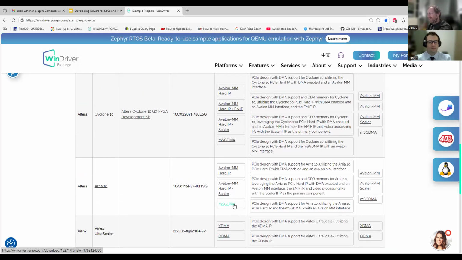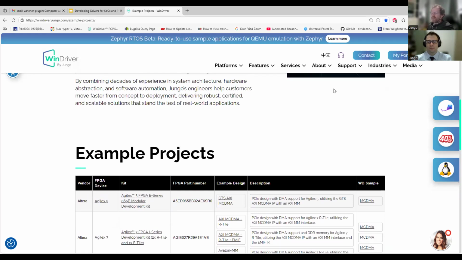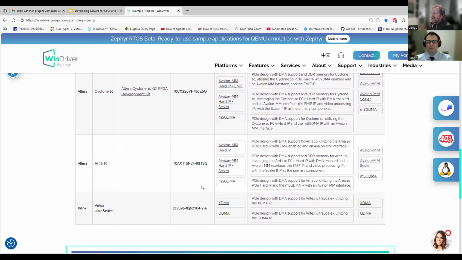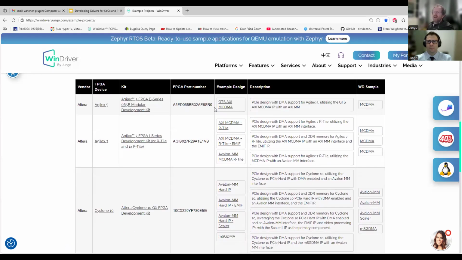And what's nice about these is that whenever you want to start a project and you want to make sure that everything just works out of the box, if you have any of these part numbers, you can just download the designs we already made. And if you use these exact designs, this gives you 100% probability that they're going to work with our driver samples.